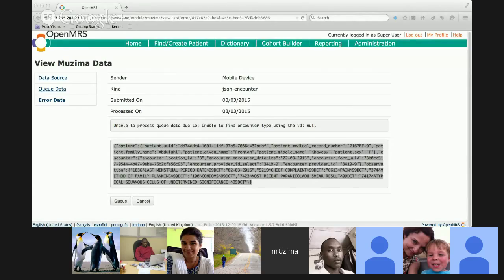Okay. But for now, because of the limitation of the table, we probably need to expand the table in the future. But for now, I think it's just going to be regular text error. Okay. Cool.